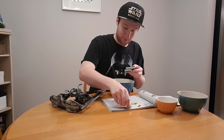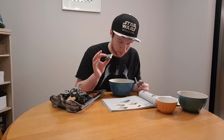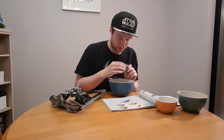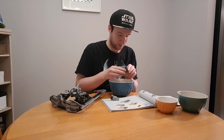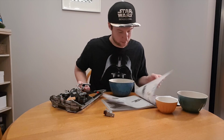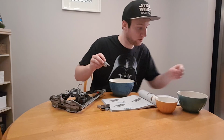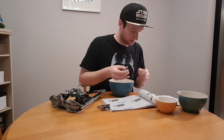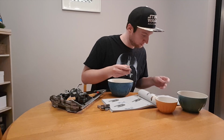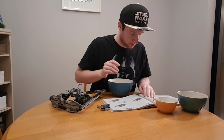Then we put this thing on the bottom. Like that. And now this piece goes into this, but it doesn't because the thing is at the bottom. Am I stupid? What the fuck? Hang on, I'm so confused. Let's act like we're not stupid, and let's continue this build for a second. Let's just act like we're not dumb. So these go on top of the red. They go here. Okay. Now we get...